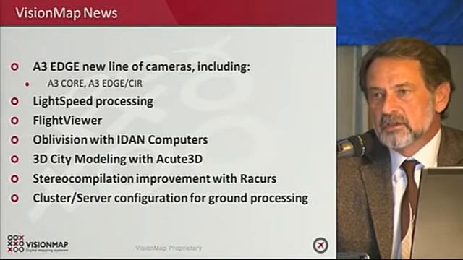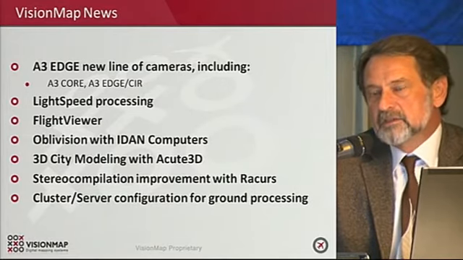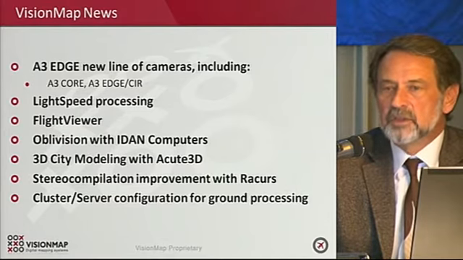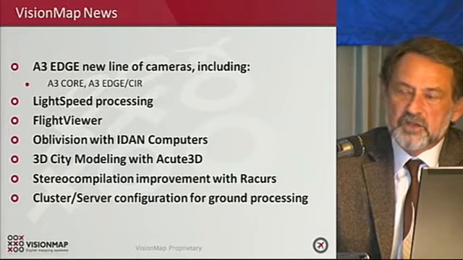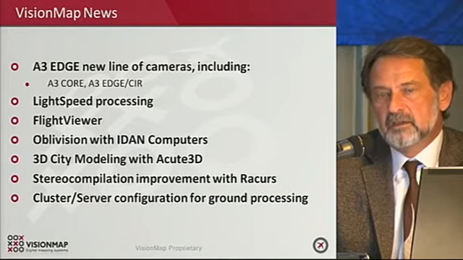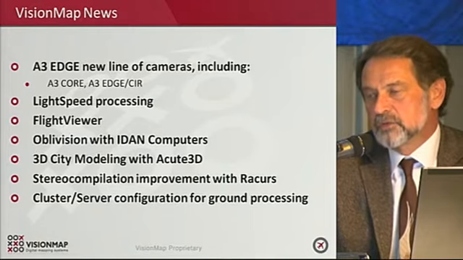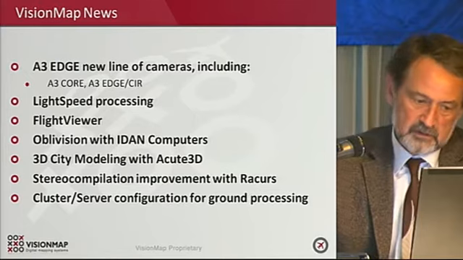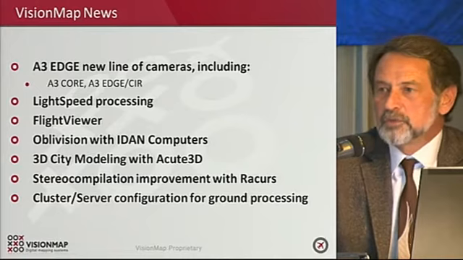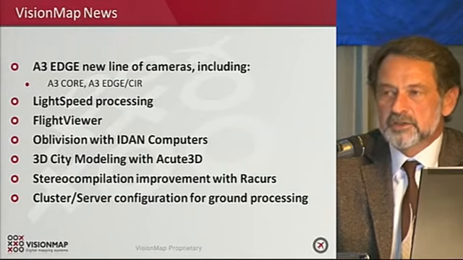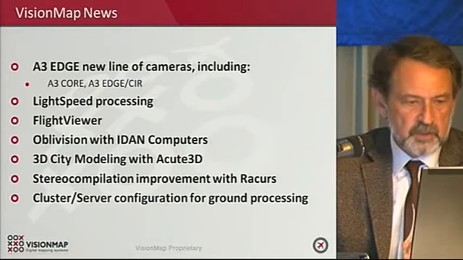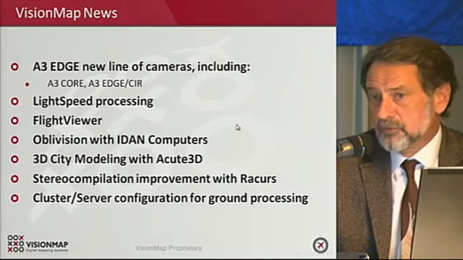We also produced and issued 2 new versions of LightSpeed processing, improved greatly the functionality of it, especially when automatic radiometry processing is involved. You know, this is a fully automatic system, as Viktor Nikolaevich showed you. You press just one button and you generate an orthophoto. I'm going to walk you through it later.